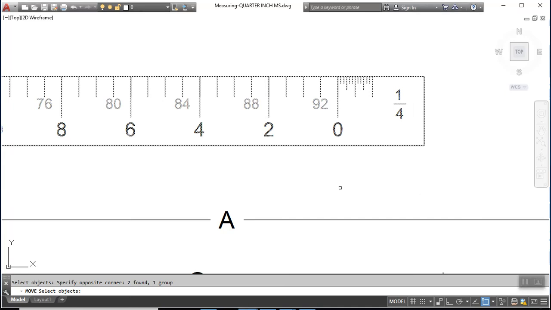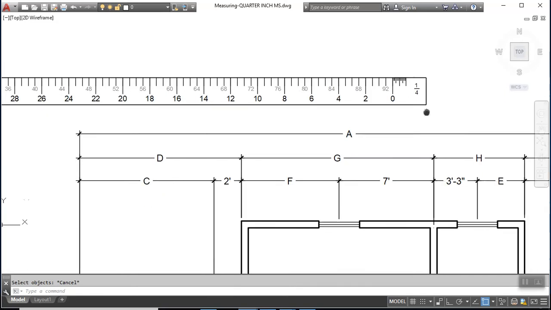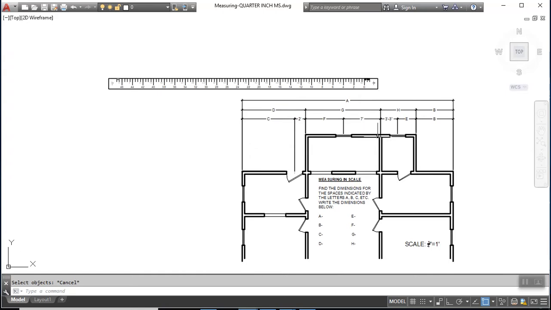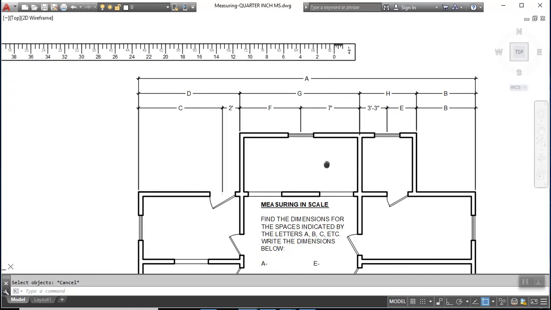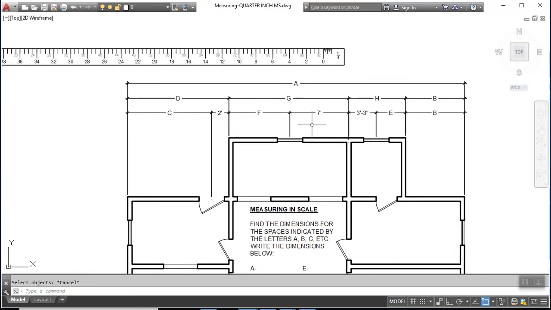Okay, so we've discussed how to read the architect scale, the 1/4 inch equals 1 foot scale. Let's put this to the test. So now we're going to supply you with a sample drawing, and it's an architectural drawing. What we want to do is measure using the scale to see how large these spaces are,